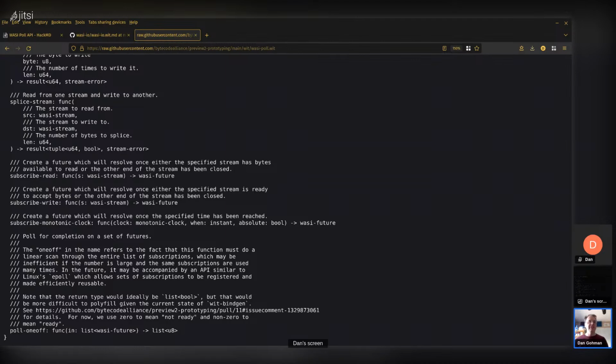I think the main work here is to synchronize this poll thing with what's upstream in the WASI Poll repo, which basically replaces the contents of the old poll-oneoff with an explicit subscription struct and variants of the things they can wait for, with this new pollable concept. And now, in fact, just within the last day, the wit-bindgen tooling has support for use statements, and we're able to share types between one WIT file and another WIT file. So I'm hoping to take advantage of that, now that it just landed, to split these things up and then redo the poll API with this ability to share types.